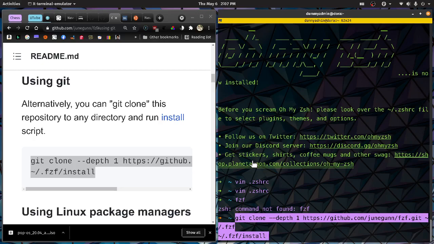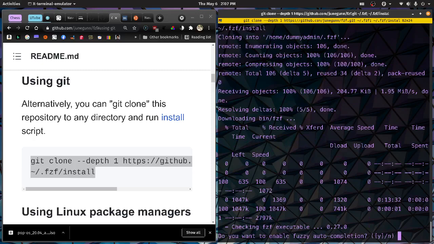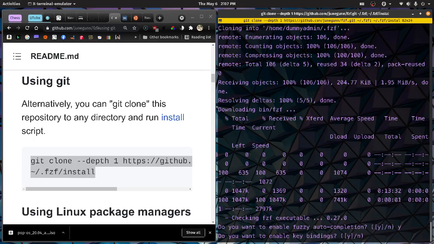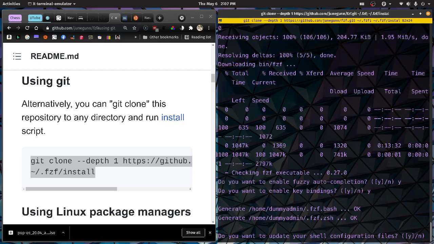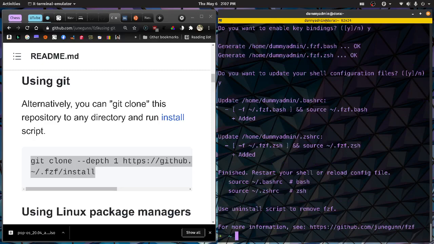So it's going to put it in my home directory as .fzf, and then it's going to go into that directory and run the install command. And there it is. Do you want to enable fuzzy auto-completion? Say yes, please. Enable key bindings? Yes, let's do that. Update your shell configuration files? Yes. And that's it. Now, if I do an fzf,